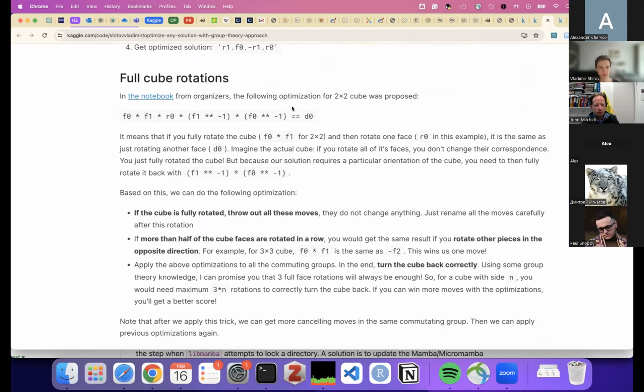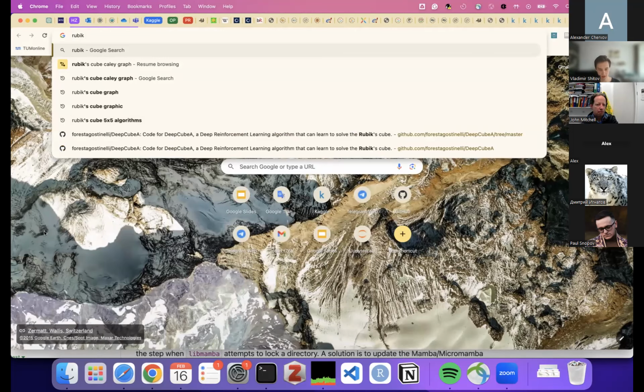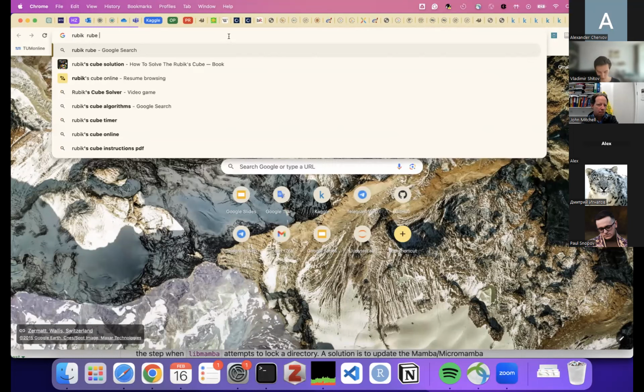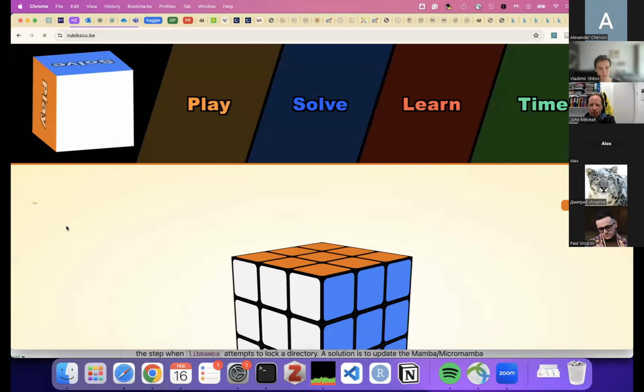What they say is that for a 2x2 Rubik's Cube, if you have face 1, then face 2, and then some other face rotation, and then you apply these moves in the opposite direction, it is basically the same as if you would rotate the D face. It might not be clear why this is the case, so maybe it's better to show it to you on an actual cube.